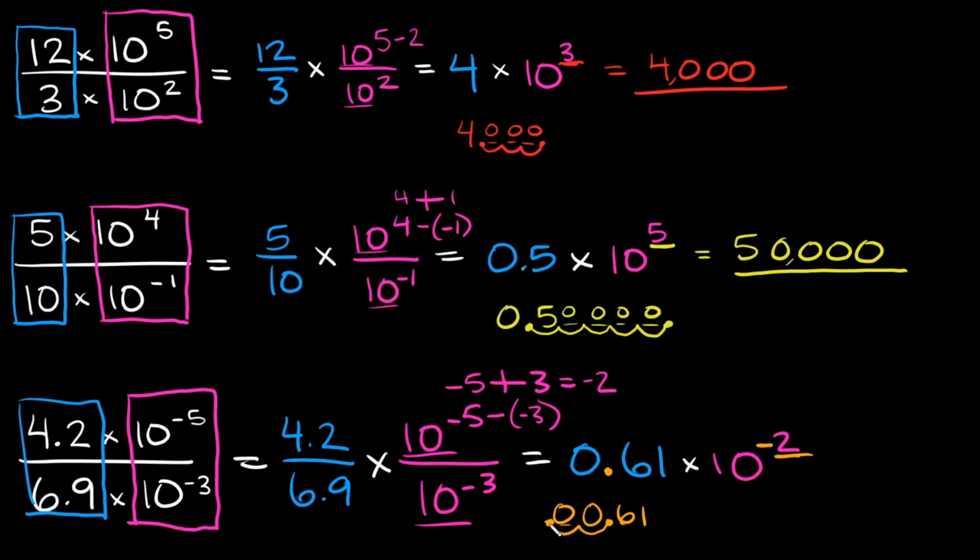So then your answer right here would be 0.0061. Okay, so this is going to be equal to 0.0061. Okay, and with decimal numbers like these, you normally put a 0 at the very beginning just as a placeholder, right? So then your final answer right here is